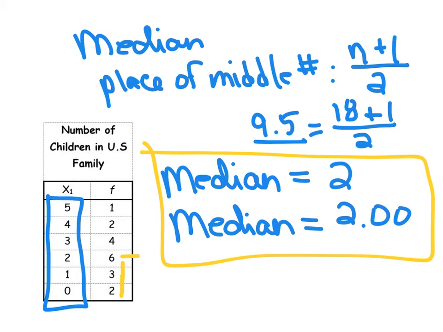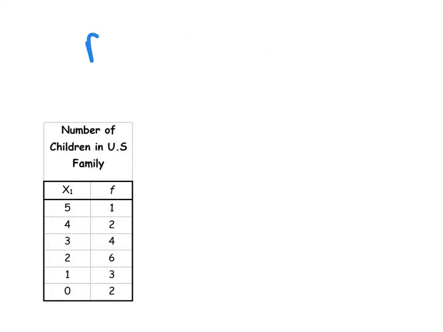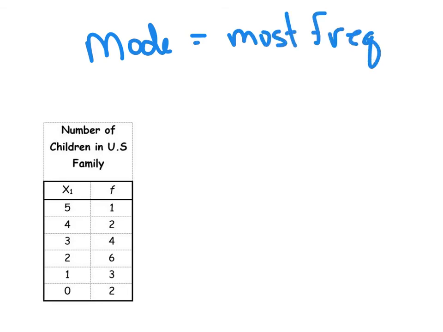If I want to know the easiest one, and again, mode does not have a notation, so it's really just the most frequent. The most frequently found. So if we look, 6 is the highest frequency, and that is for the number 2. So our mode